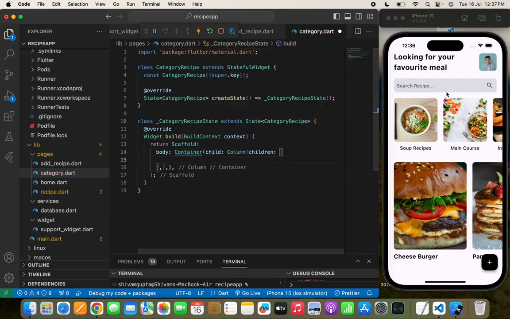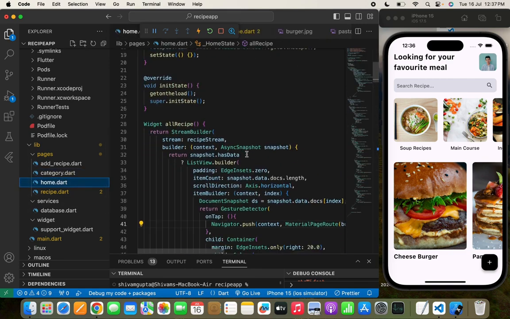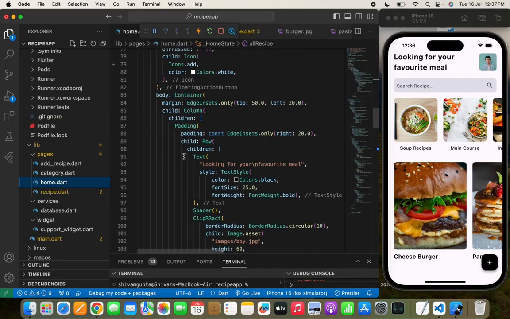Now we need to pass a text over here. So to pass the text, which will suggest that in the category recipe, for an example, if I will tap to the soup recipes, then our headline at the top will be shown like soup recipes, and all the recipes just below this headline named soup recipes. So to hide this headline, let's move to the home page, and I will first copy this text